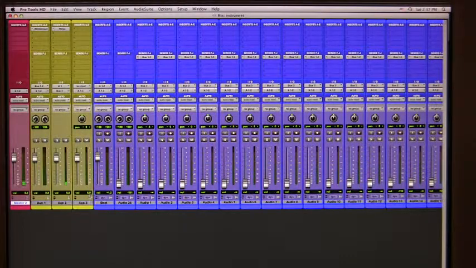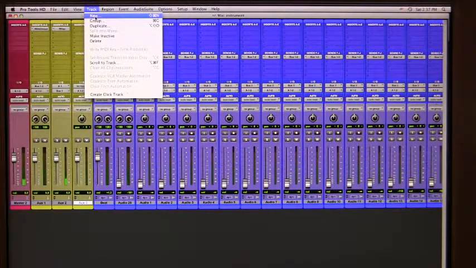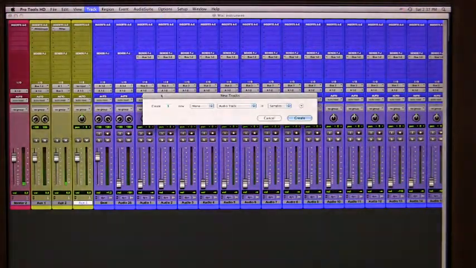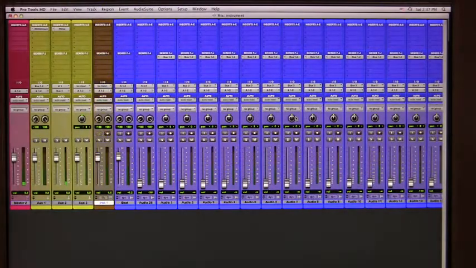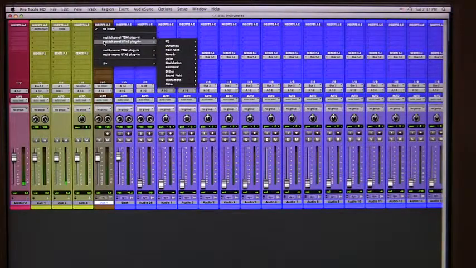So, if we go up here to where it says track and click new, and we want one stereo instrument track. Click create, and there's our track. Now I go up here to inserts and I look for my plugins where it says